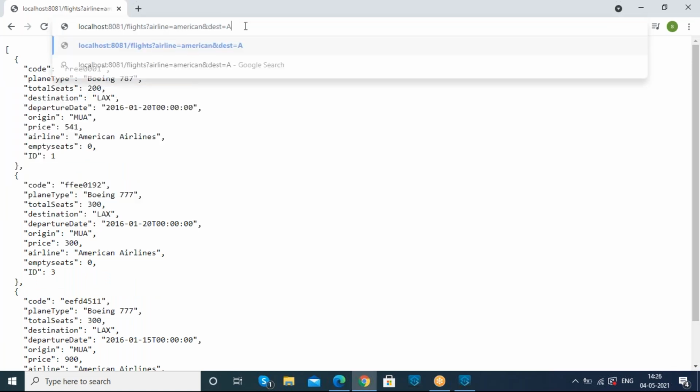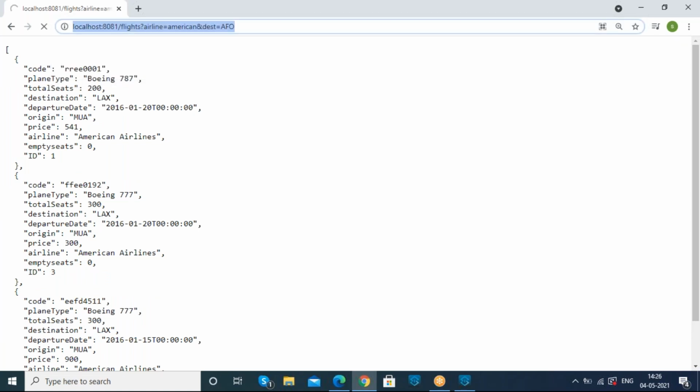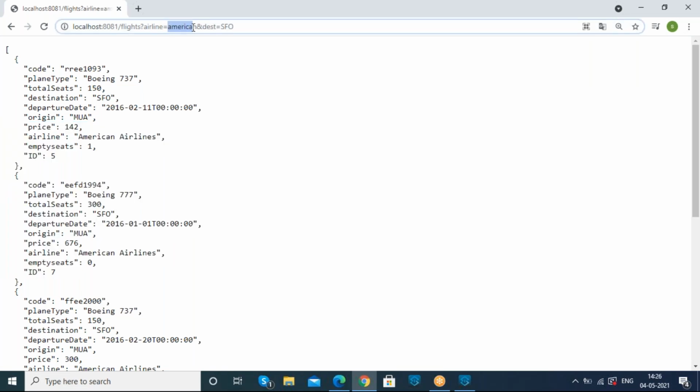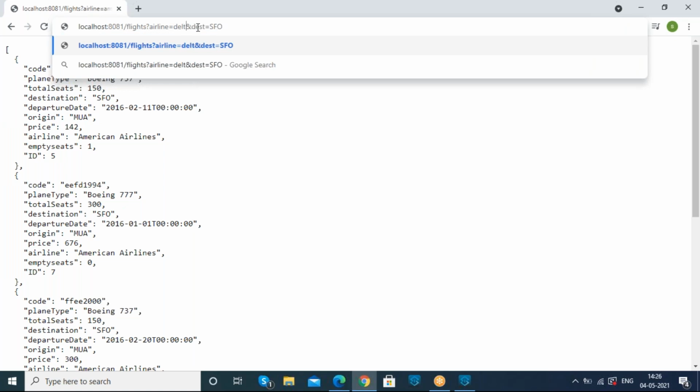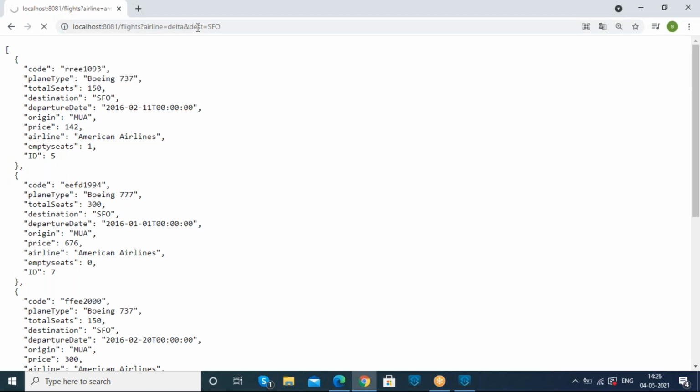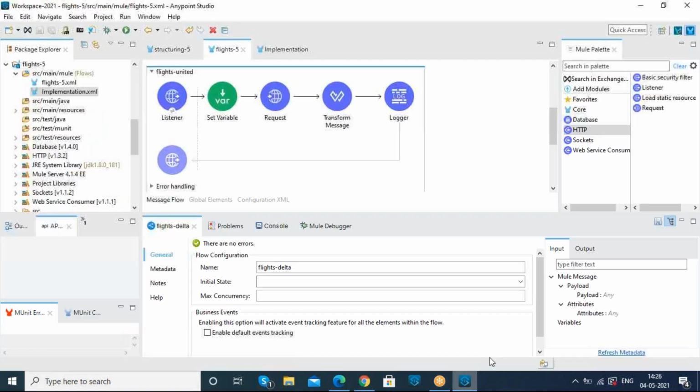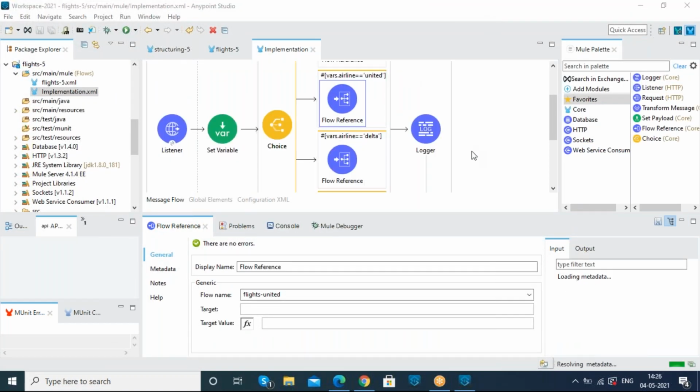If I am requesting it according to a result, we are getting SFO data as our response. And if I am requesting it according to Delta Airlines, so these three airlines, we are able to get as our response by using one end path itself. Okay, are you having any doubts up to here? Radhika, Sudhir and Ram?